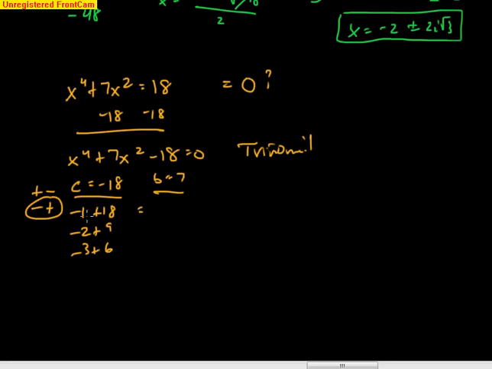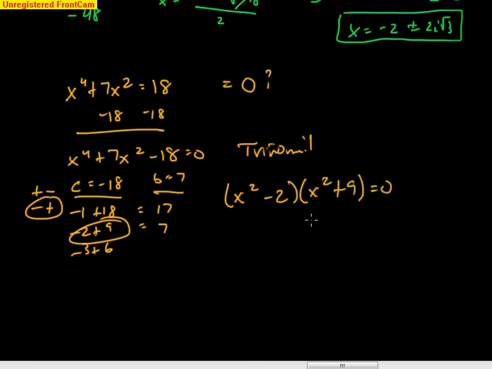And now we combine. Negative 1 plus 18 is 17. Nope. Negative 2 plus 9 is 7. Yep. So negative 2 and positive 9 go in my parentheses like this: x squared minus 2, x squared plus 9. And this is factored. Set each factor equal to 0